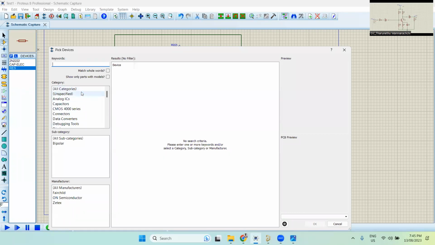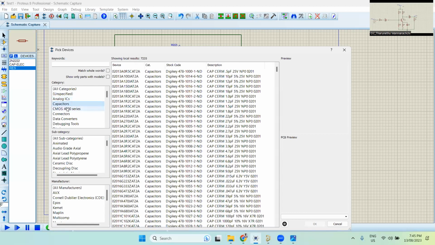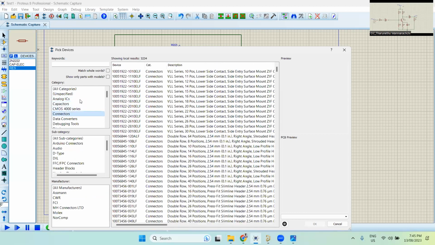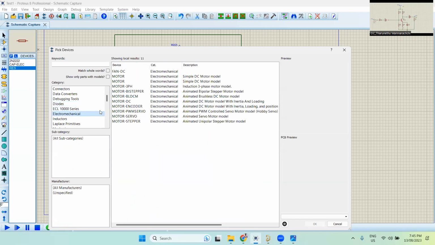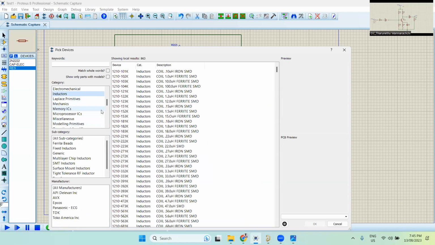Right now we want capacitor. Here there are different kinds of components: analog ICs, capacitors, CMOS series, connectors, debugging tools, diodes, ECL series, electromagnetism, inductors, and there are different kinds of components here. We only need transistors, capacitors and